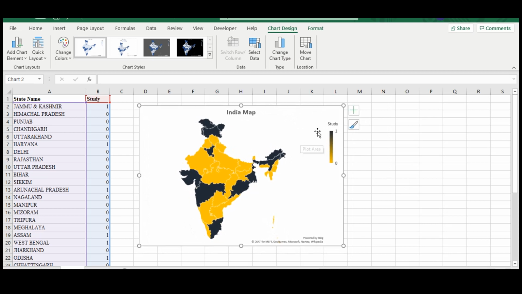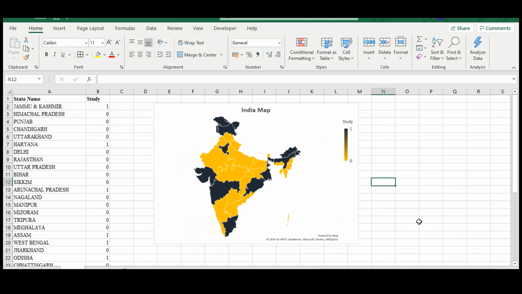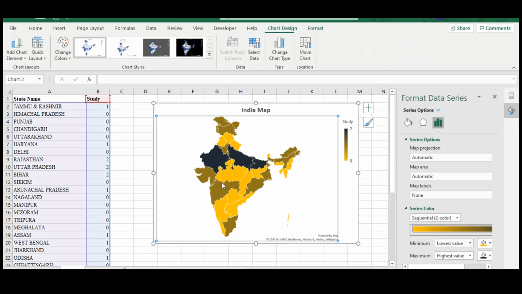So another variation to this map is, now let's say I have an extra set of information. For example, I also want to show states where my project will be operational in future. Say my project will be operational in Rajasthan, Uttar Pradesh and Bihar. Now what I can do is I can assign a different value, say 2 to these states and change the color palette.